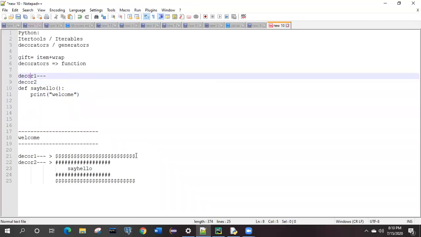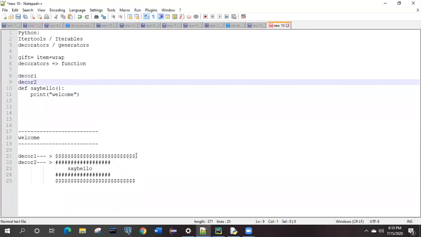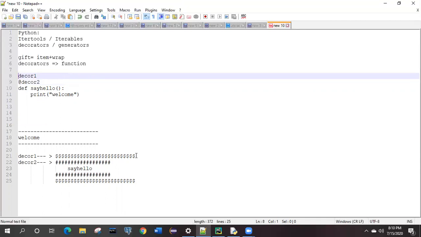These are the two decorators you need to apply on this one, right? But if you write like this directly, will it take or not? It will not come to know, right? Then you need to try this and see whether it is working. You need to specify @ before the original method, so that it comes to know that it is getting decorated by the two different methods.